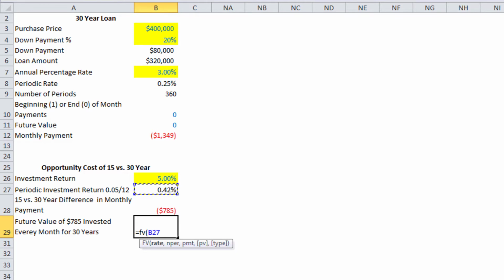0.42%. Next is the NPER, and this is the number of periods, which is 360, and that's the same number of periods as the 30-year home loan. Next is the PMT, or the payment, and this is the amount that you're going to be investing every month, and this is $785. And it's important to note that you need to enter this in as a negative, and you enter this in as a negative in Excel because